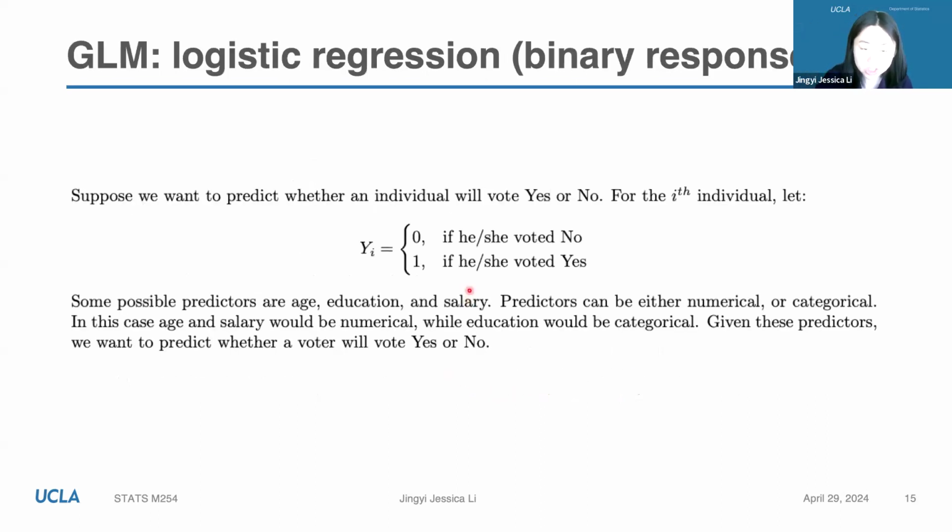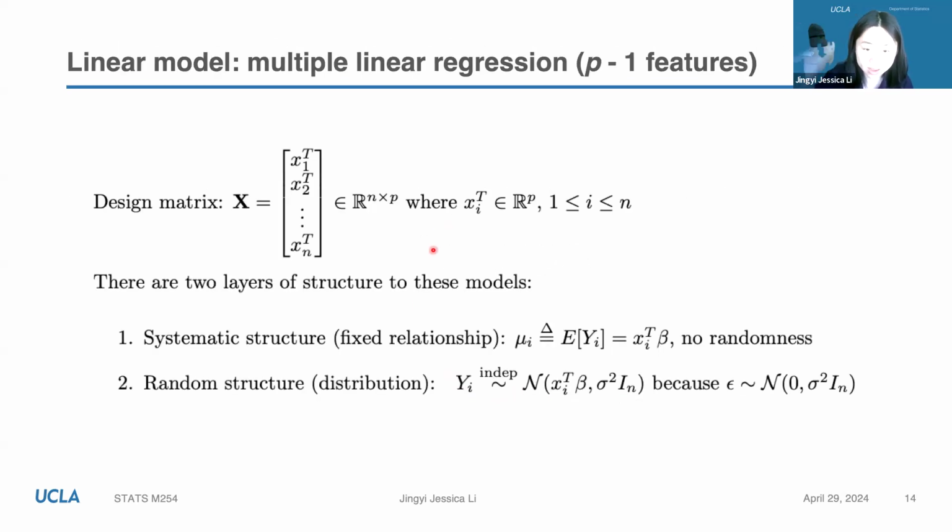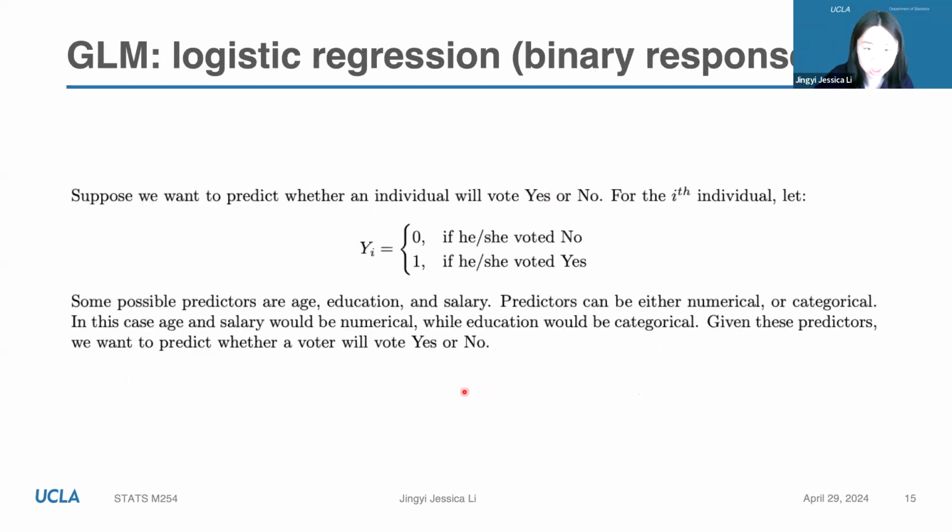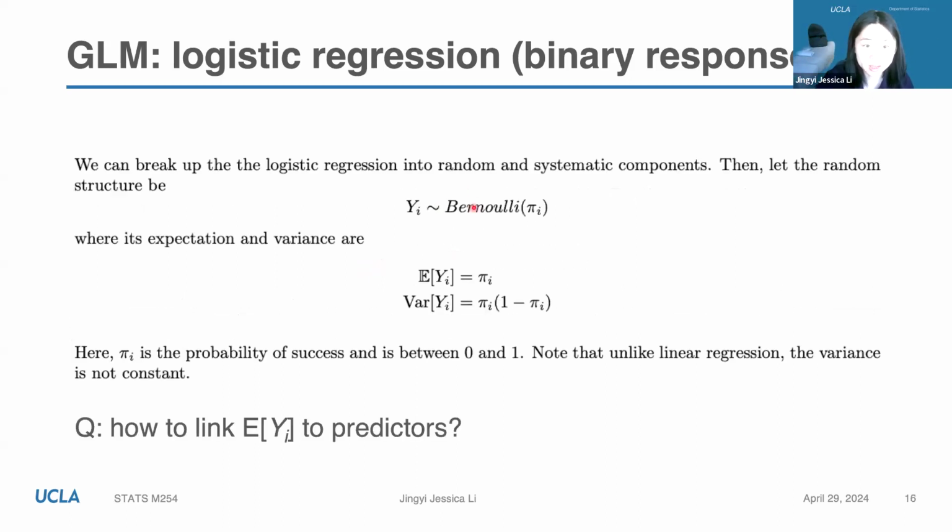Logistic regression is the most commonly used generalized linear model. Here the yi is not continuous. To have this yi follow a normal distribution, as you know, the normal distribution can take any real values. The yi must take continuous real values with digits. But here, the yi is specified to be just 0 and 1. That's a response, whether you vote yes or no. In this case, it's not reasonable to assume that yi follows a normal distribution anymore. So therefore, a common way is to assume that the yi follows a Bernoulli distribution,